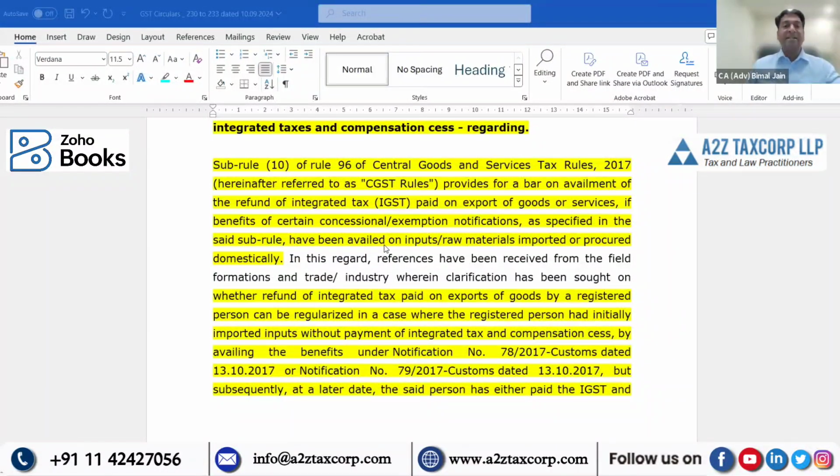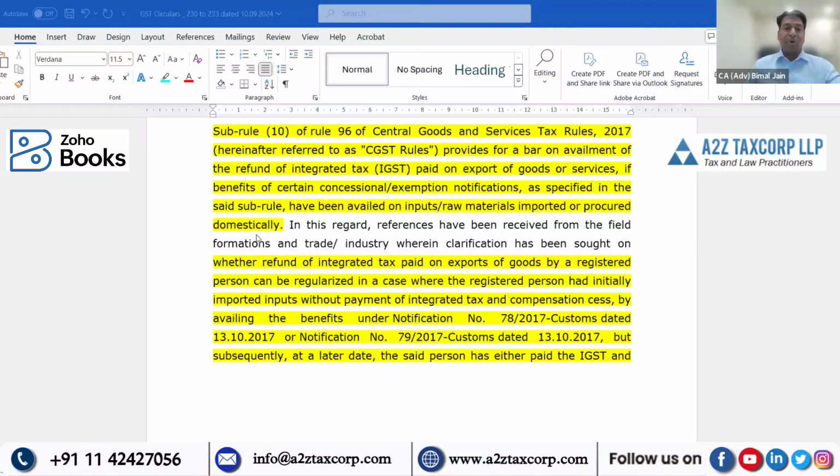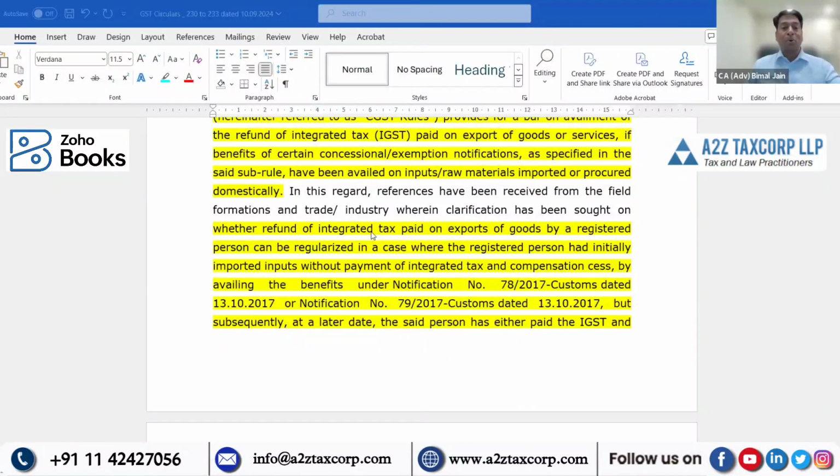So under advance authorization or EOU, if you have availed the benefit, then you can't make a zero-rated supply on IGST. So the question was whether refund of IGST, if you have charged IGST and taken the refund also, by the registered person can be regularized. In a case where a registered person who is an exporter in India had initially imported input without IGST and compensation cess, by availing the benefit of notifications number